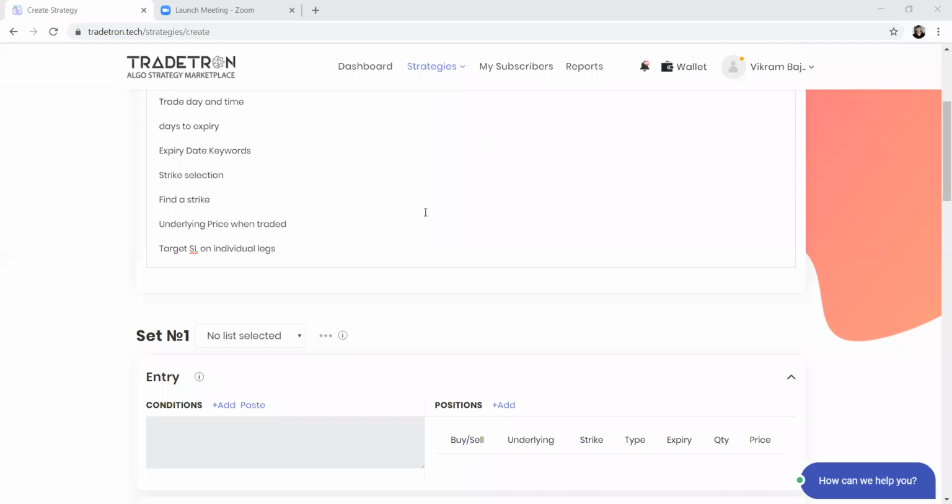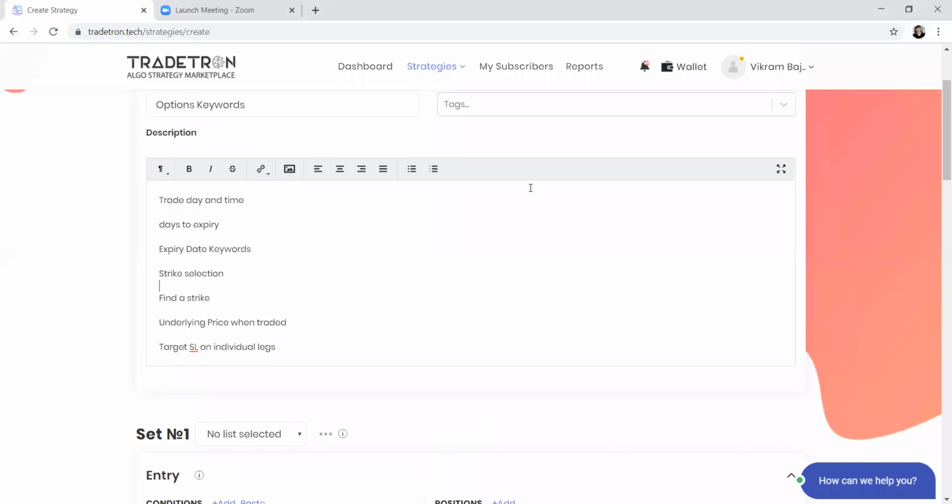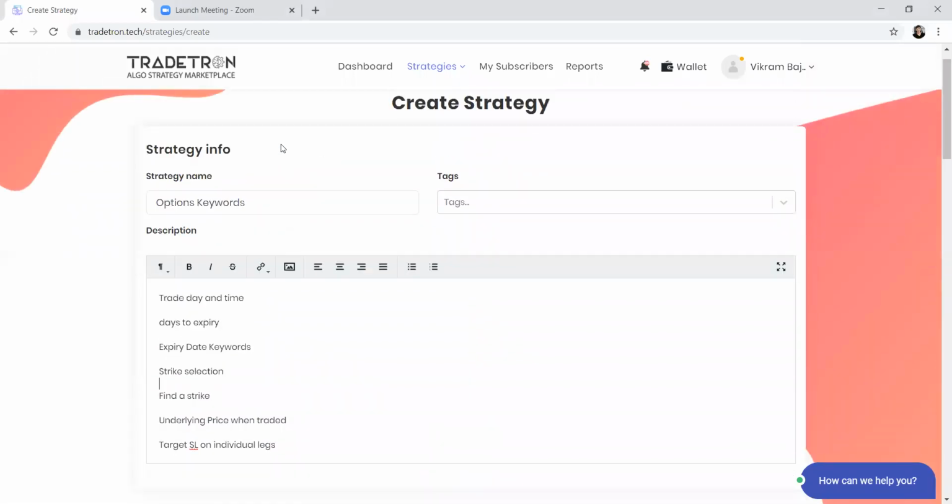Okay, so we'll start the session today, and at the end of the session, we'll take the questions. Today we are going to discuss option keywords, how to write option strategies on Tradetron, and the useful keywords you can use to build your strategy related to date, time, expiry, strike selection, finding a particular strike based on delta or based on LTP.